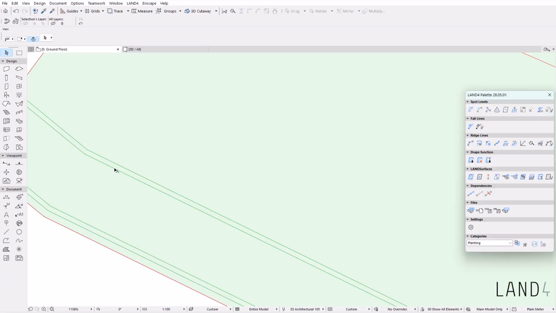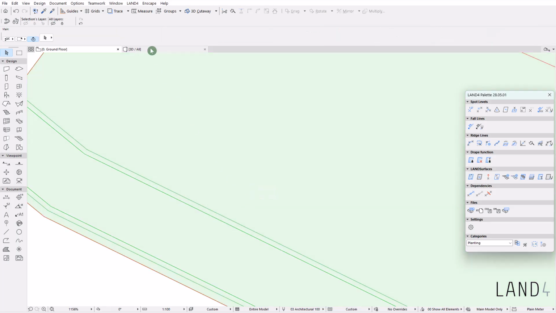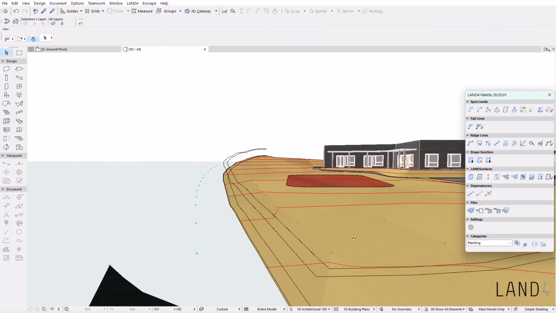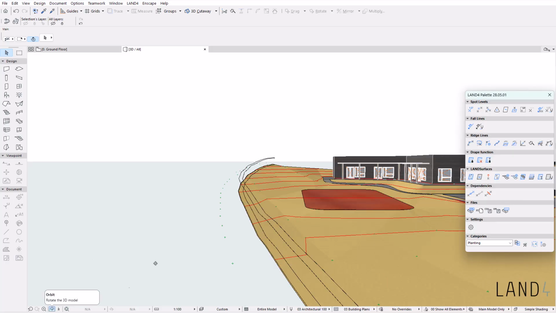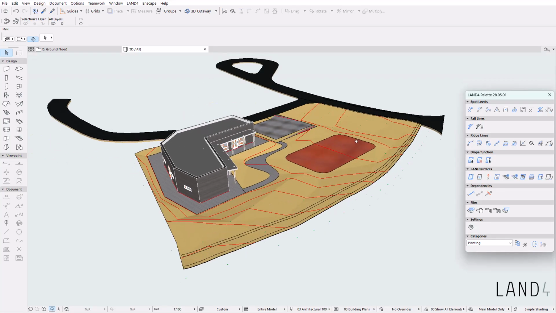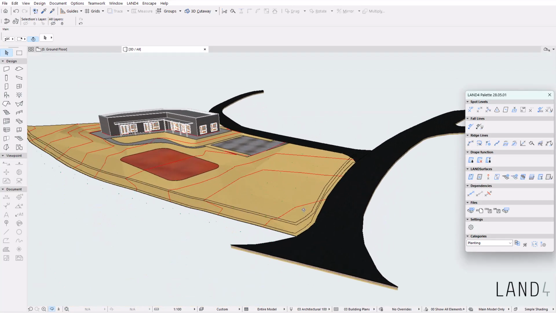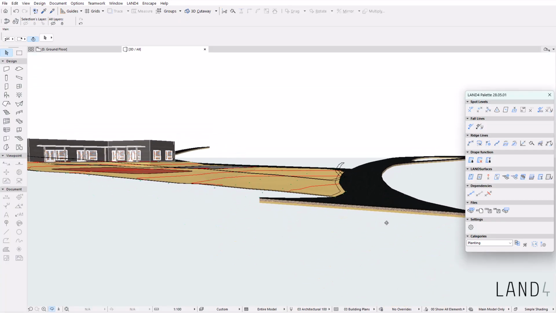The next is to create the ridge line, which will be used to create the top of the hedge. Drape with offset function will be used, and I'll use an offset of 1500 millimeters. Now both lines are visible in the 3D. In this way, using a drape with offset, we make sure that the lines are parallel in the Z direction and they follow the terrain.